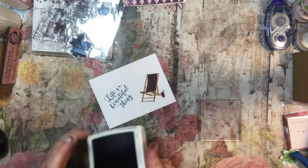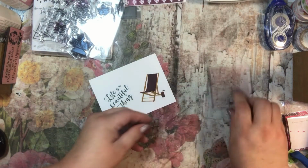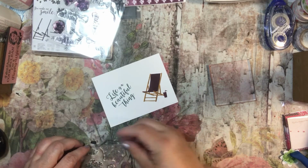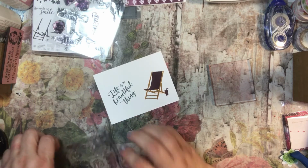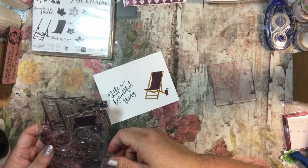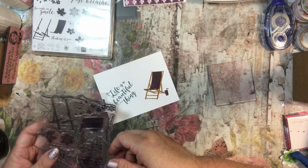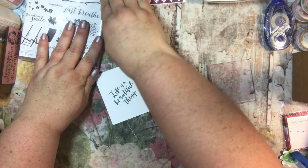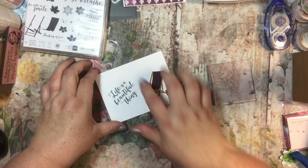This stamp set is really versatile because it has stuff for every season, and it just makes me happy. Some of these, like Life is a Beautiful Thing and Just Breathe, those are my favorites. May all your tomorrows be as happy as today. That's very nice. I really like the stamp set, and I hope that you guys do too. So that could be the end of it, but I think that what it needs is a little bit of